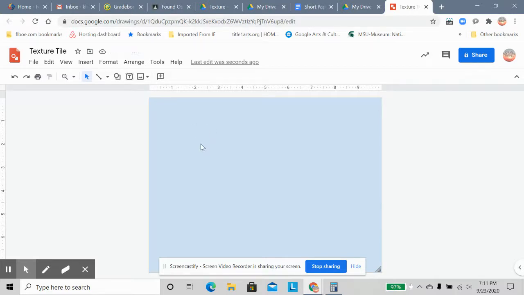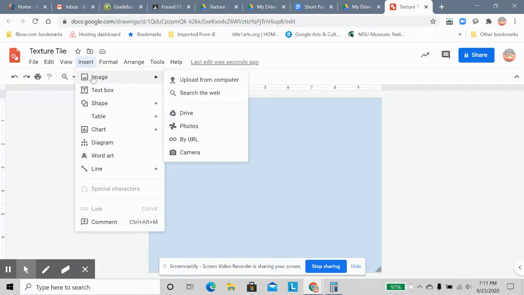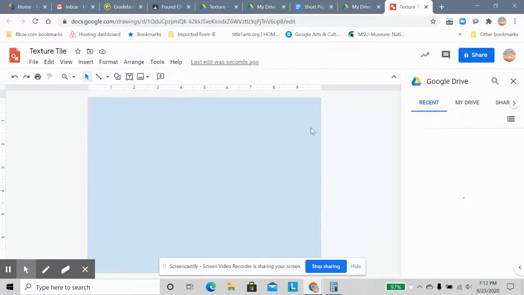And now I'm going to insert my 10 images. However you had gotten these from your phone into your Google Drive, whatever works for you. I'd shown you the email strategy last week. If you have another way of doing it, that's totally fine. But I need to insert my photos. So I'm going to get them from my Drive. So I'm going to insert image, Drive,